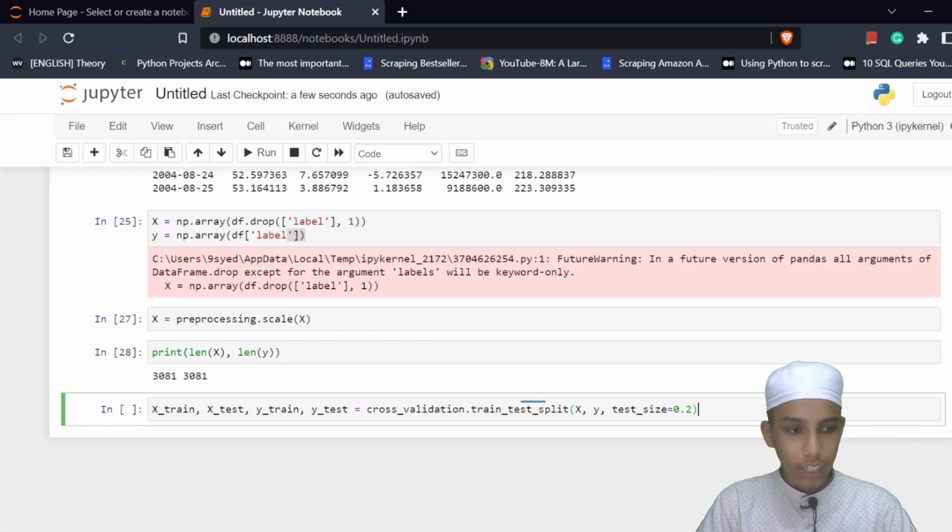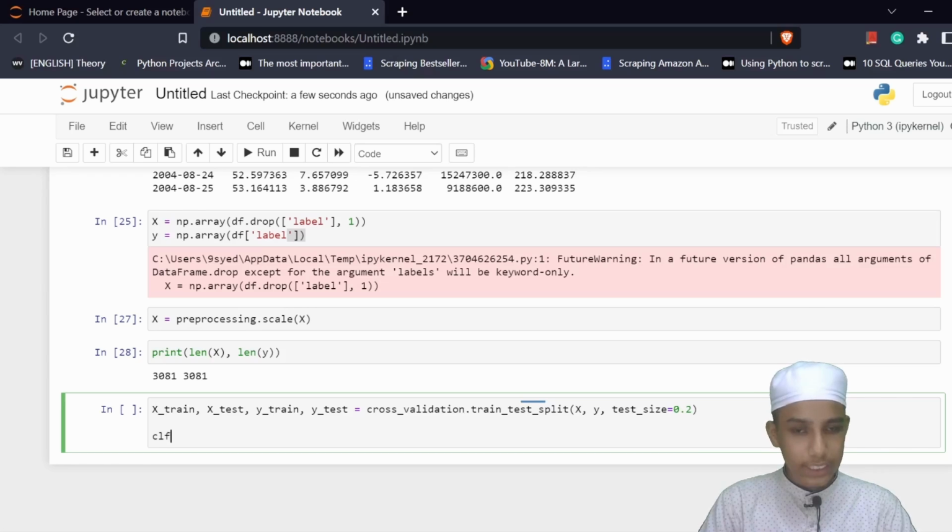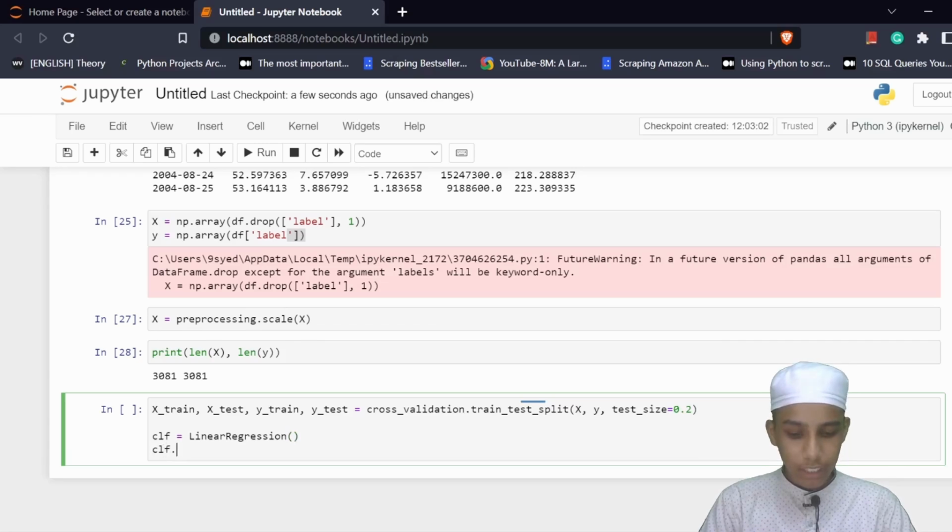Okay, now here we have to do the classification. So I am going to use CLF for the short form, and then CLF should be equal to linear regression. Now we have the linear regression as classifier, and below this one I am going to use the fit, and in this one I am going to use the x train. Now CLF fit x train we have, comma y